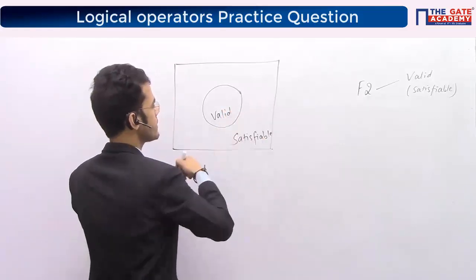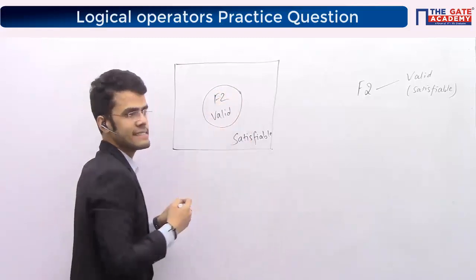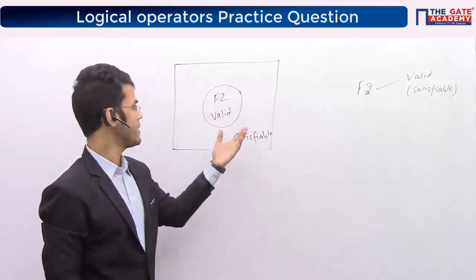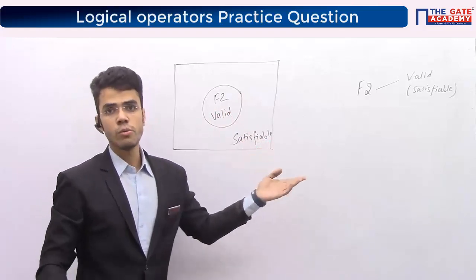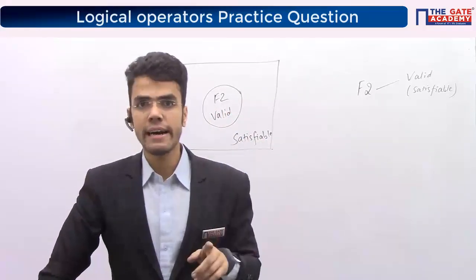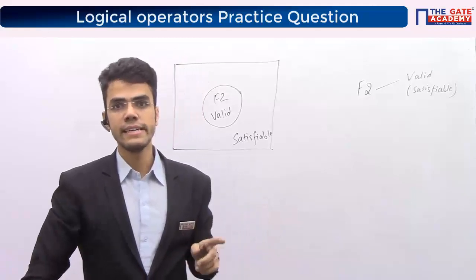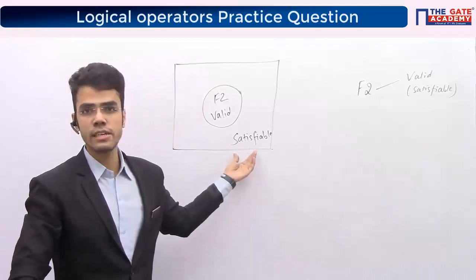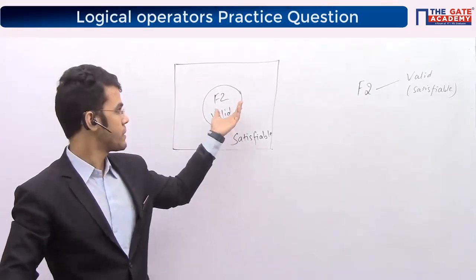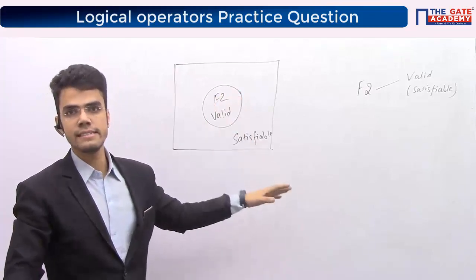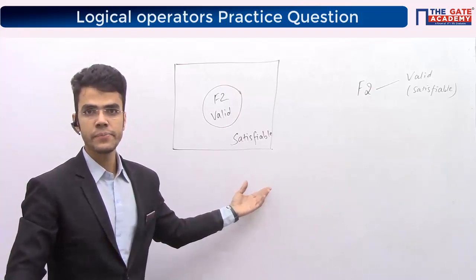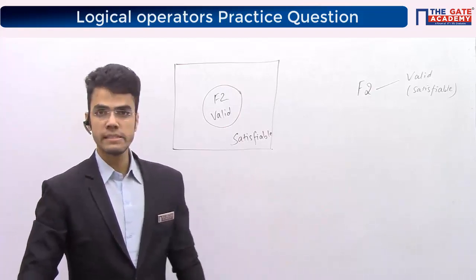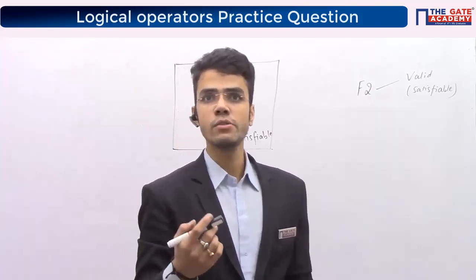So where should I put this? If I put F2 here, then the other person can easily tell, okay, F2 is valid and hence I know it is satisfiable, right? So my answer should be option A. I should be marking it as valid, not satisfiable, because satisfiable does not convey the meaning that it is valid as well. But valid always will convey that yes, it is satisfiable as well, right? So I should be marking it as option A. Hope this is clear. If this is clear, please drop yes. If doubt, please let me know.